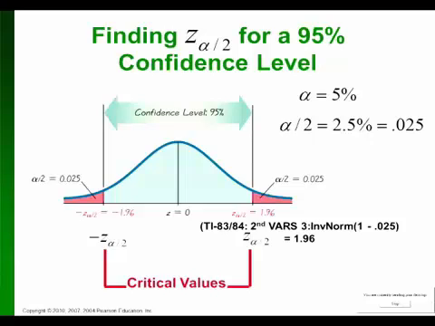But to use inverse norm, I have to find the corresponding area to the left. If 0.025 is to the right, then 1 minus 0.025 is to the left. If you can't do it in your head, you actually can type in 1 minus 0.025, and the calculator will,